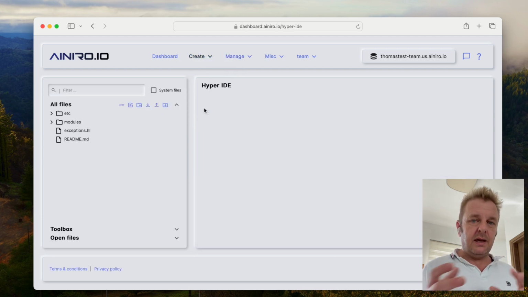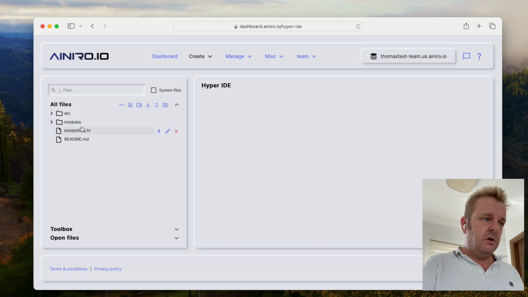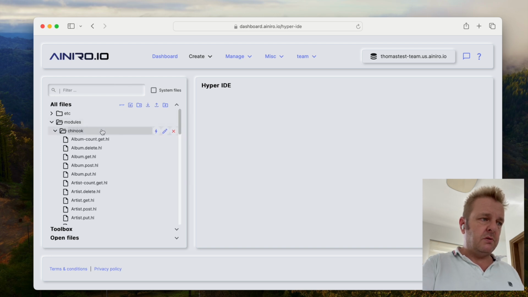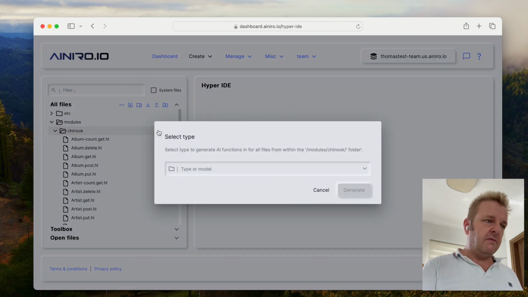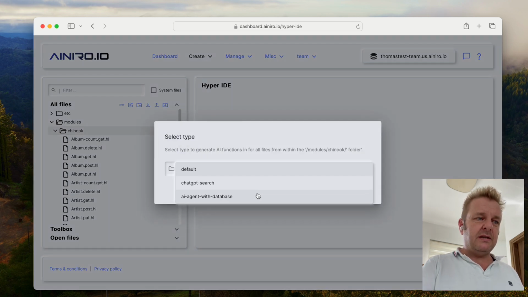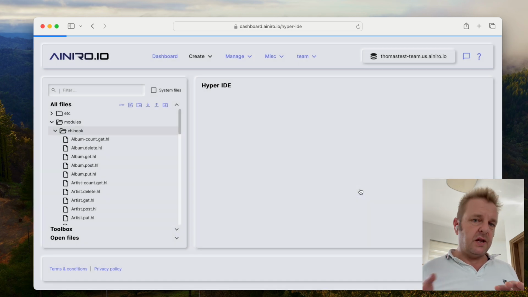Now that we have our AI agent inside of a machine learning type, we want to go to Hyper IDE, expand modules, click Chinook here, hover over the Chinook folder, and click the flash icon. What this basically does is allow us to select the machine learning type. When we click generate here now, what's happening is that the system recursively runs through every single Hyperlambda file within this folder and generates AI functions as RAG training data snippets for this particular type. So once this process is done,